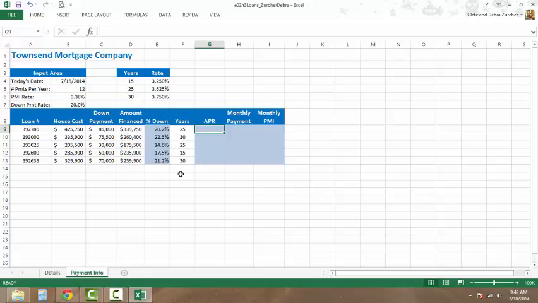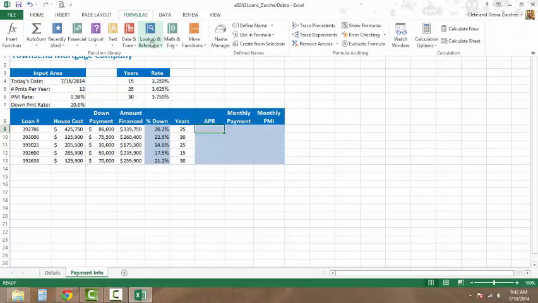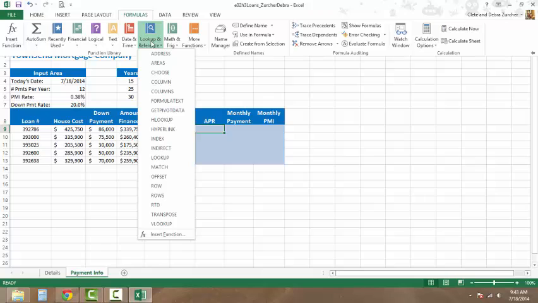Okay, so it's just a lookup formula. It's actually pretty simple. A couple different ways we can get there. I like to use the Formulas tab, because it's easier, and it helps me so that I don't forget. I go to Formulas, and this is a lookup formula. So I'm going to click on Lookup, and these are all the lookup formulas that exist, and I want